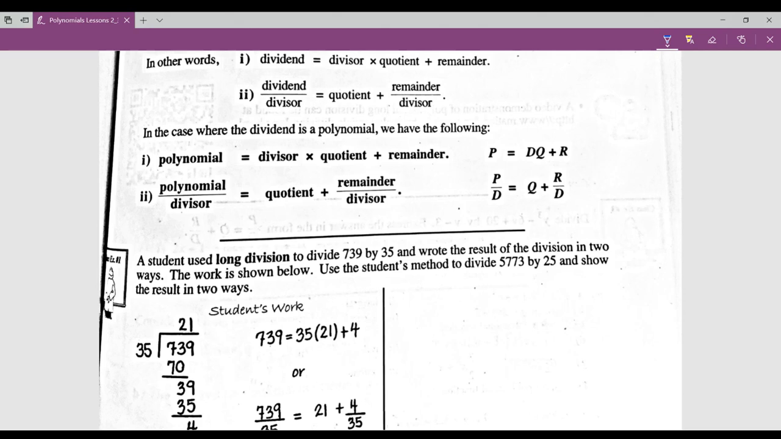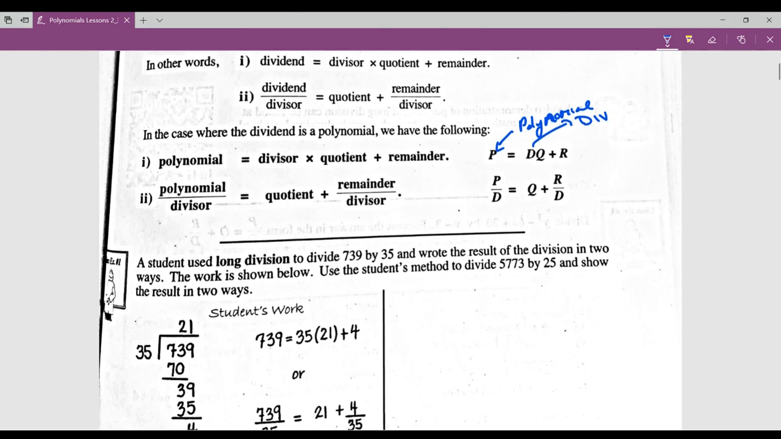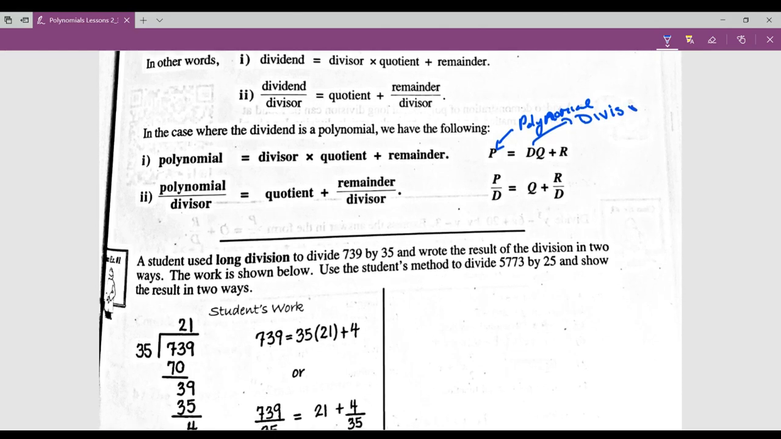For math 12, there's a couple different ways you can write the answers here. P is obviously going to stand for polynomial. D is the divisor, which is what you are dividing by. Q is the quotient, and I'll talk about what that is. And R is the remainder. So we're going to do an example